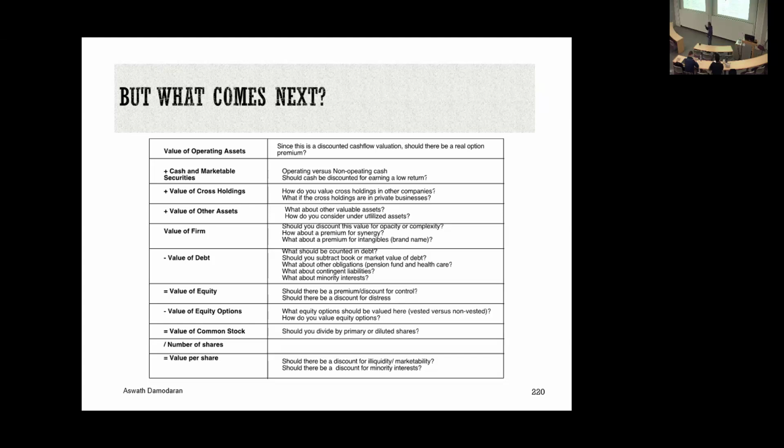Once you get to the value of equity, 30 years ago, when I was teaching this class, the end was near, right? You divide by the number of shares. But starting in the 1990s, what did US companies increasingly start to do in terms of compensation? Shift to options and then to restricted stock. There's a lot of cleaning up to do there. What if you have options outstanding? And I'm going to argue the way in which we deal with options in valuations is incredibly sloppy. Trying to adjust the number of shares, fully diluted, or count only the options that are in the money.